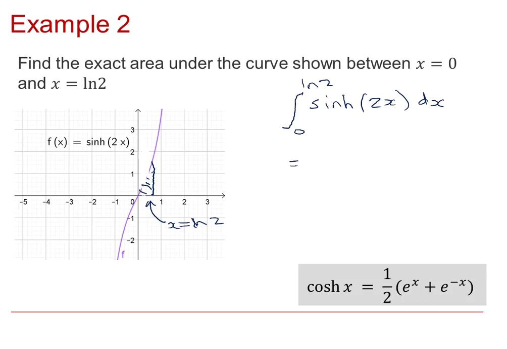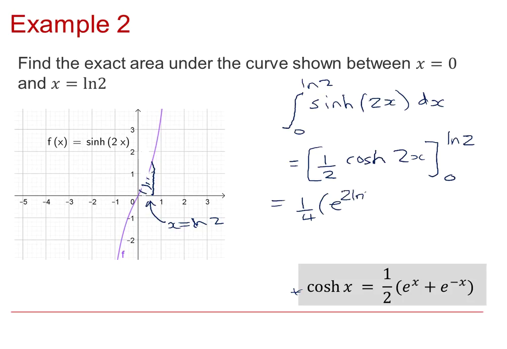And this will give us that standard result, but taking into account the fact you've got 2x, so we have that extra factor of a half, so it's a half cosh 2x between 0 and the natural log 2, and then using this definition there, we can say that that's going to give us a quarter of e to the 2 ln 2 plus e to the minus 2 ln 2